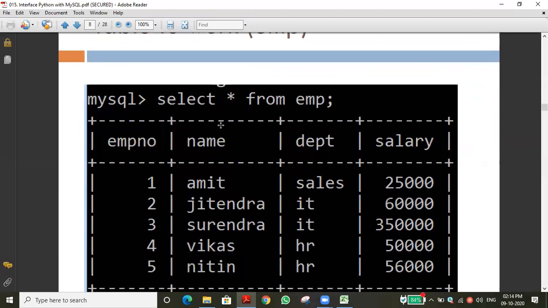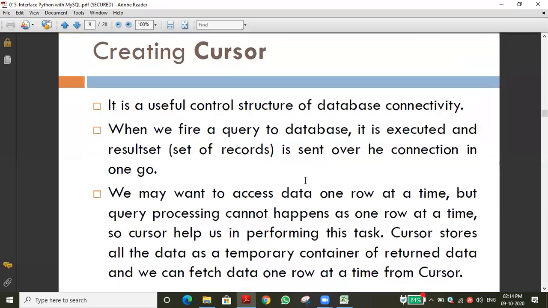We have created one table, just for accessing purposes. EMP is the table name. It contains four fields: employee number, name, department, and salary. The next one is very important: the cursor. Through the cursor, the pointer, as we said in Python and now call a cursor, we can do whatever operation. If you want to delete, where the cursor is, that is a very important point. Based on the cursor only, the record will be deleted, and based on the cursor only it will be inserted.